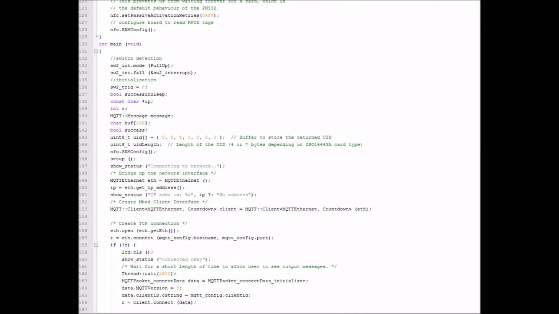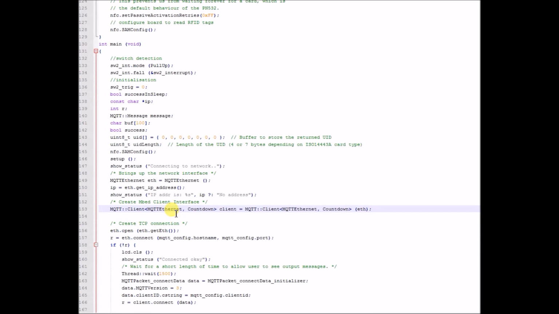Back to the main method, we have show status, so the method before, which shows messages of what's happening. This is sent to the LCD. Straight after, we begin to obtain the Ethernet connection and obtain the IP address from the connection. So we get internet access, which shows status, print, what's happening, if address found, if address not found,